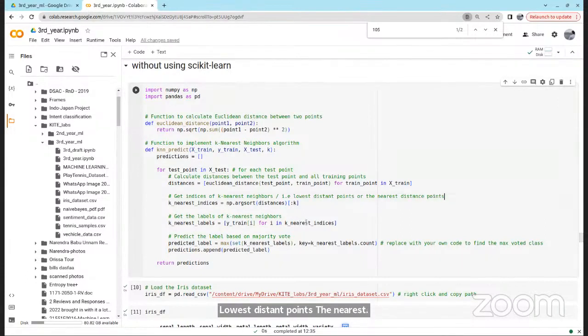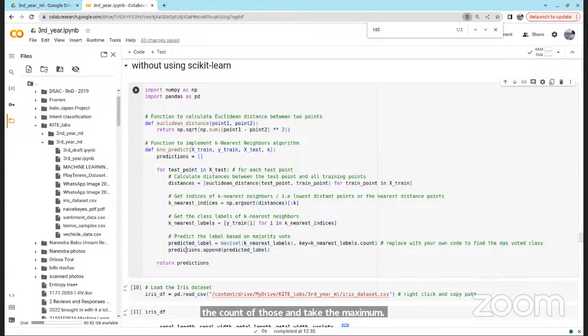Nearest distance points. You'll take those indices and you find the class labels of those k nearest neighbors and keep it in your k nearest neighbors labels. And finally, you take the majority, that is, you pass your k nearest neighbors and what is the count of those, and take the maximum, and that will be your predicted label.